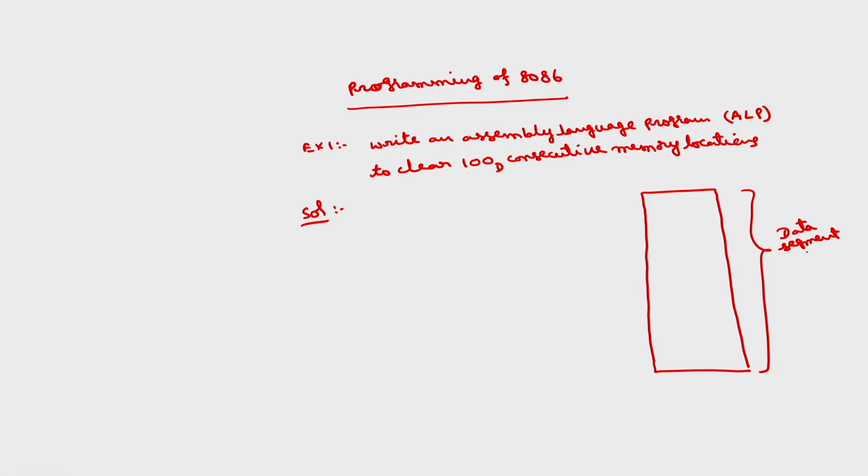As we have discussed in earlier classes, the total memory of the 8086 will be divided into 4 segments. So, this is the 64 kilobyte data segment, starting with some address 50000H. 64 kilobytes means up to 5FFFFH. Suppose you want to clear 100 decimal locations, 100 decimal in hexadecimal will be 64H. Any 100 locations, start with some offset. Say I want to store from here, say 55000 onwards.